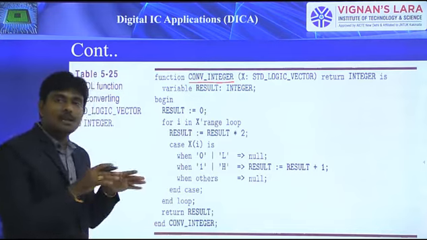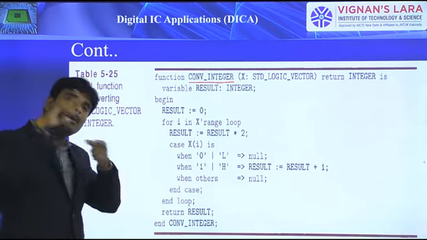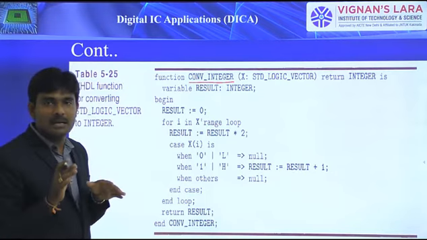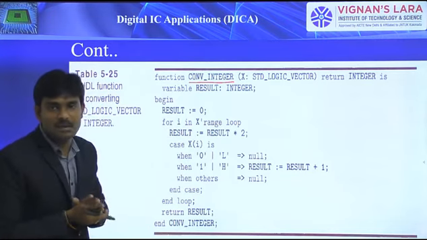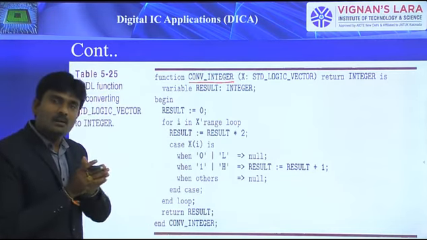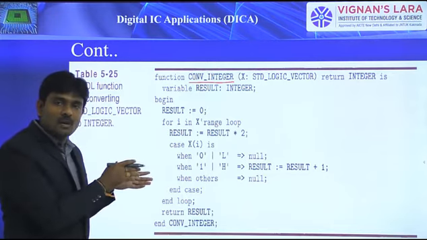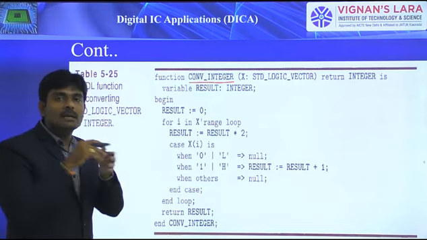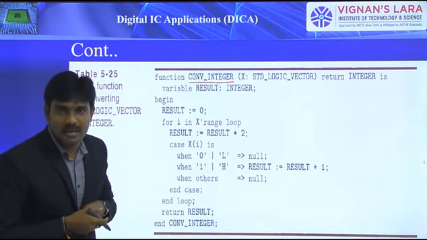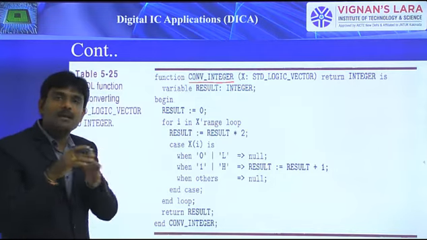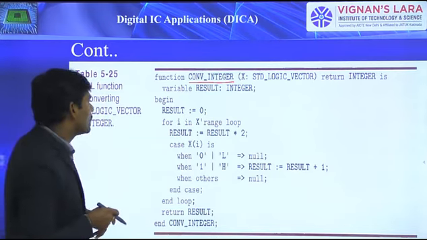To give clarity about what we wrote over there, and based upon this program, what value it is going to return, I considered this function. The functionality of this one is to convert one type into another type, that is from the std_logic_vector type to integer type. In other words, it converts binary into integer. That is the functionality it can perform.